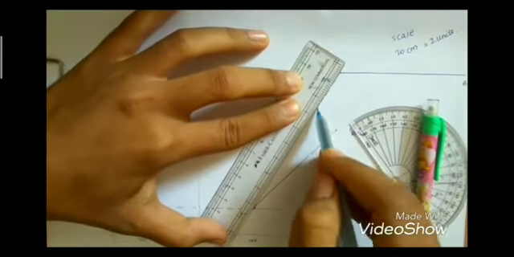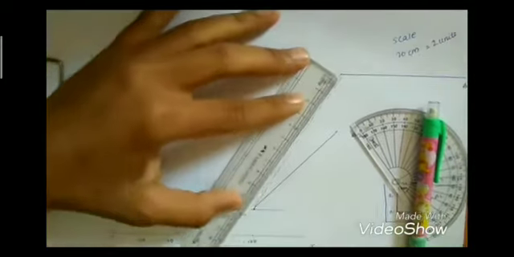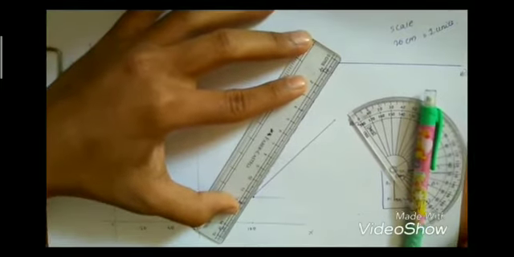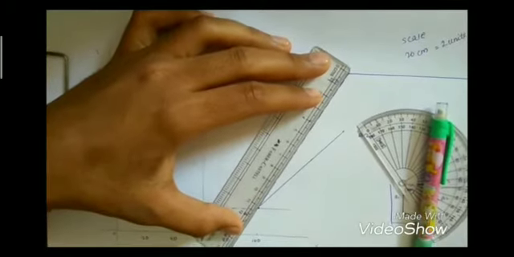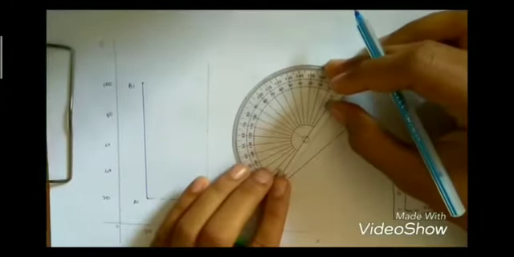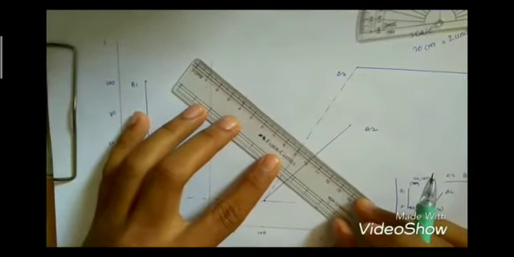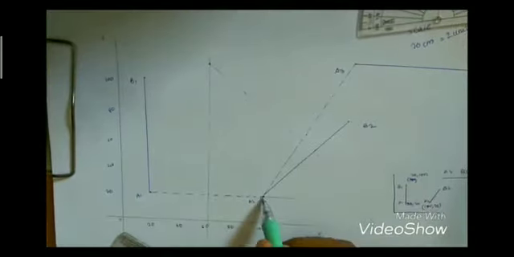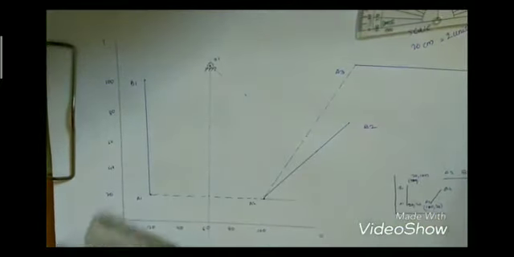Similarly, join A2 and A3 with dotted line. Measure the line, which is approximately 11.4 centimeter. So that will be 11.4 as measured. Its half will be approximately 5.7. Keep the protractor and measure 90 degree. Take a pencil and join the perpendicular. This point of the intersection for A1, A2 and A2, A3 will be O1, which will be the fixed point for our mechanism.